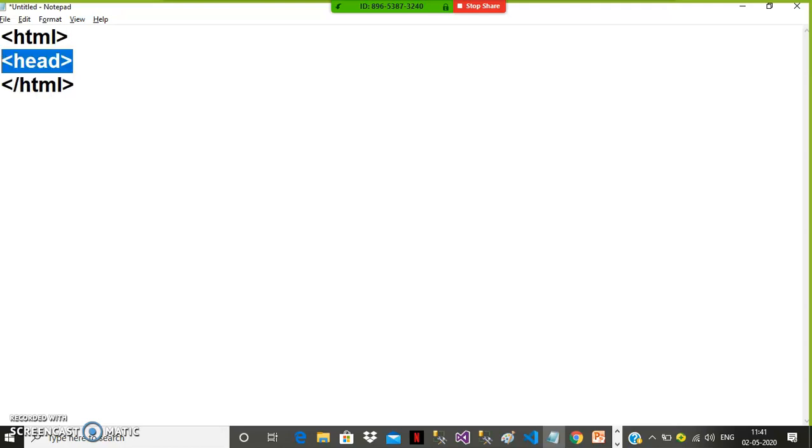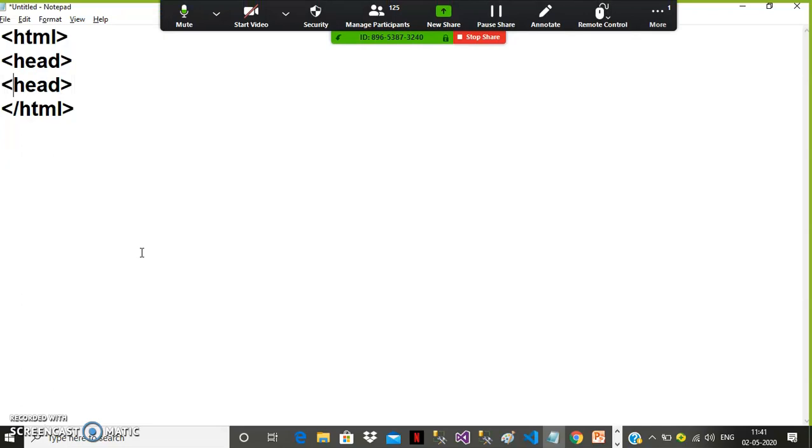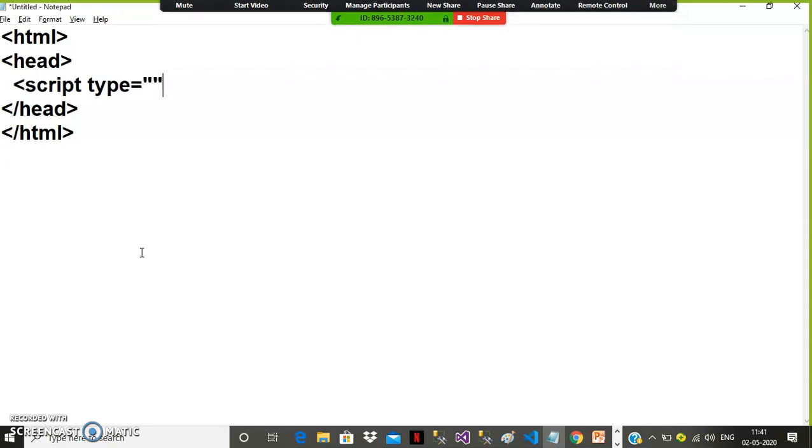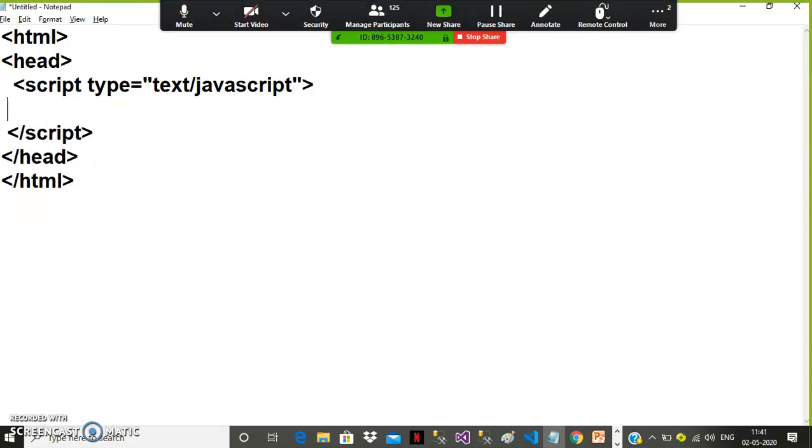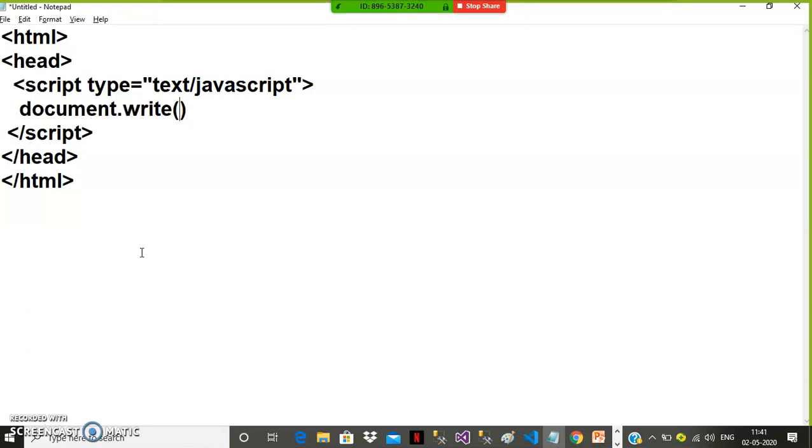Here I will write a small JavaScript program to show these operators. Open HTML tag, open head tag, and close the head tag. Always write JavaScript code inside script. Script type is equal to text/javascript, and close the script tag. If you want to print a statement, you can use document.write.